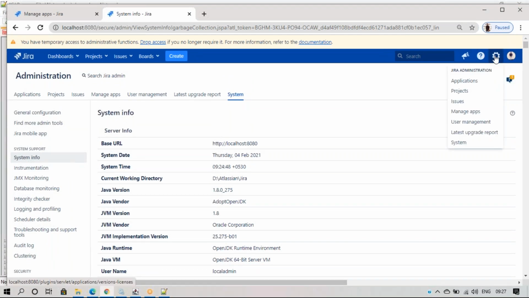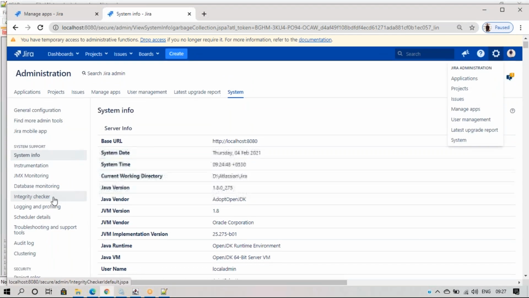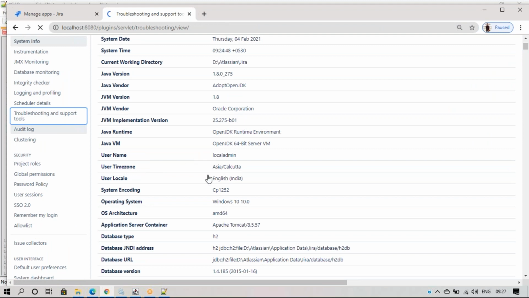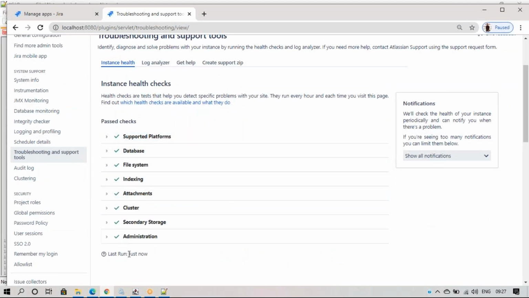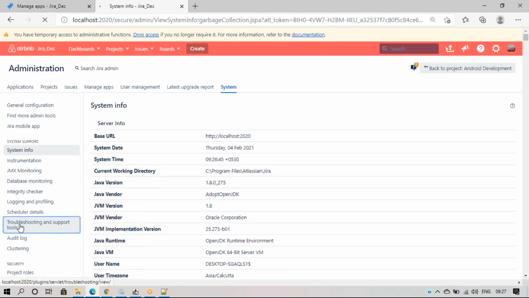It comes under System and Troubleshooting and Support. So on these two Jira instances, everything should pass, and you can verify this.